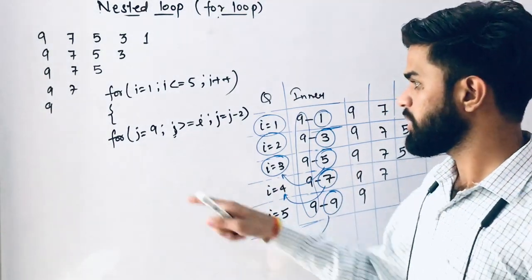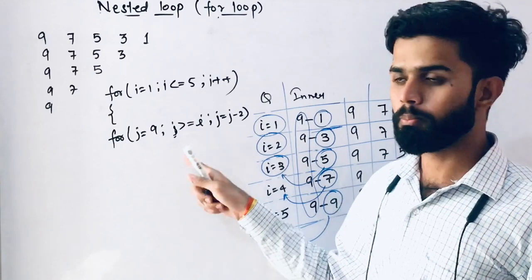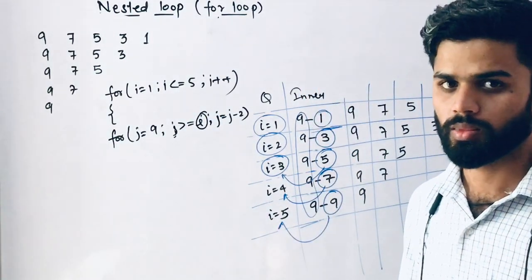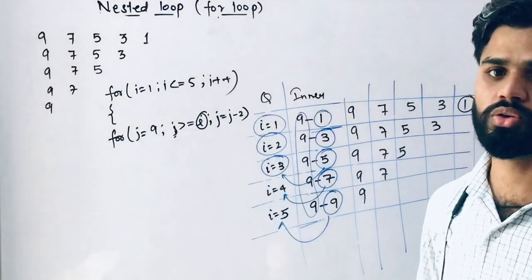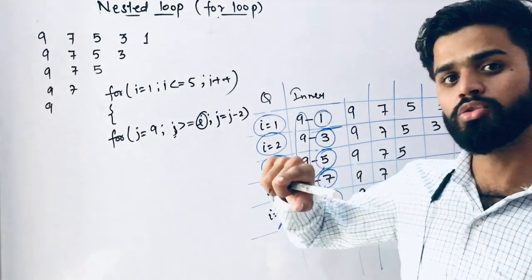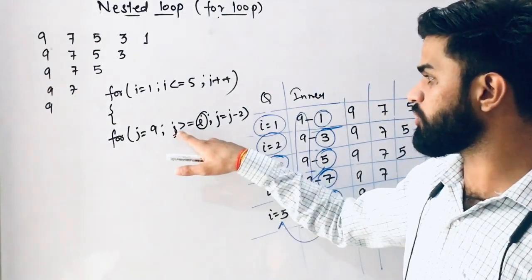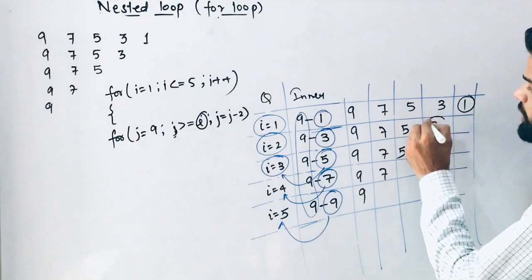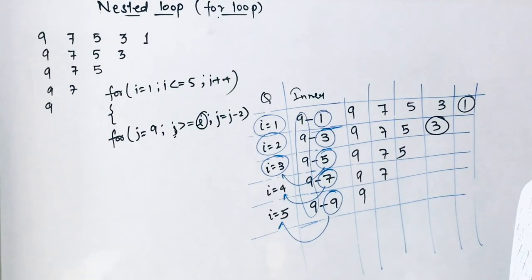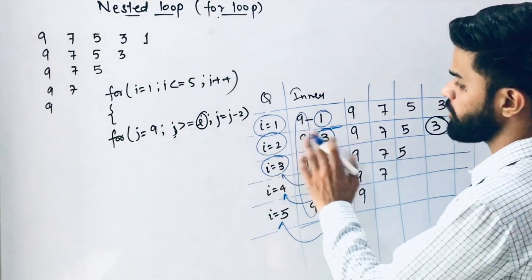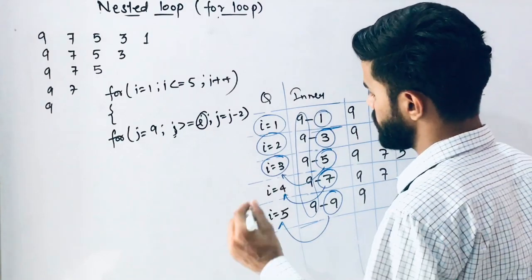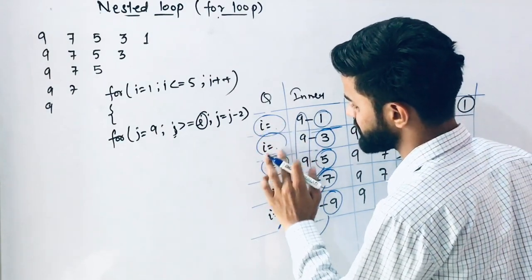So what we see is that this is correct, but this condition is not always correct. The first time I equals 1, but when the outer loop runs the second time, the value of I is 2, and here the limitation is 2, but we want the limitation to be 3 the second time. So we cannot find any solid logical relation between I and j. So we need to make some changes.